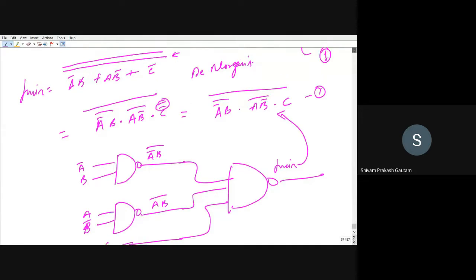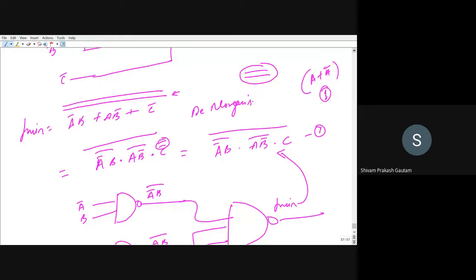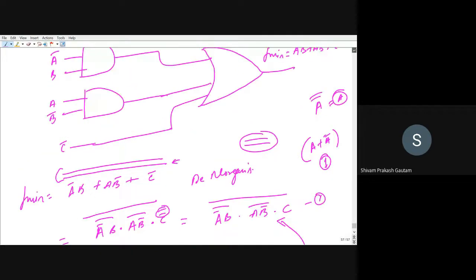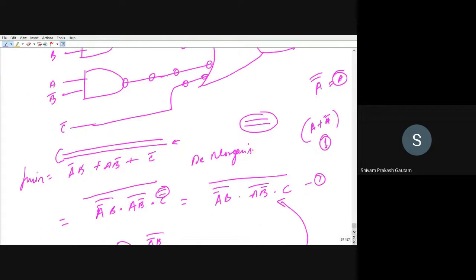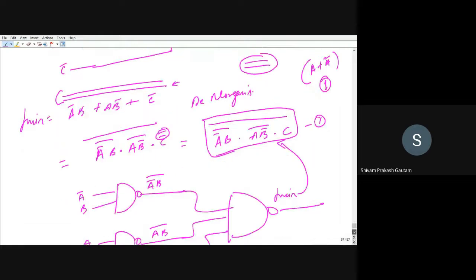Whether you go for NAND logic or NOR logic, that is using universal gate, the step is you can do double complement. Or another step is there. We have already seen how you can convert AOI logic to NAND logic. You have to add bubble to the output of AND gate and to the input of OR gate, and add an extra bubble in whichever line you have added a bubble. This is another step. Or you can directly add double complement, and then use De Morgan's. In one step, you will get this expression, and then you can implement it using NAND logic.